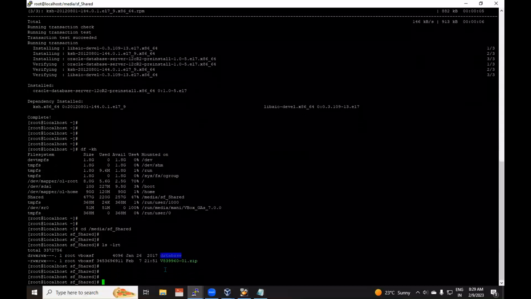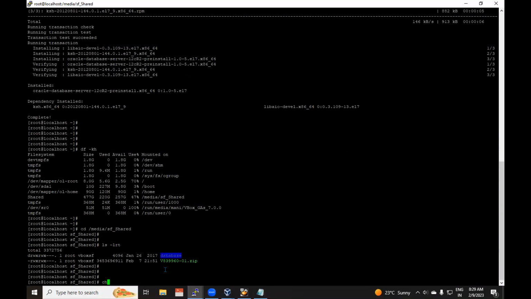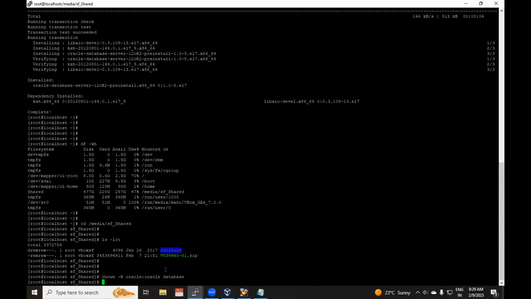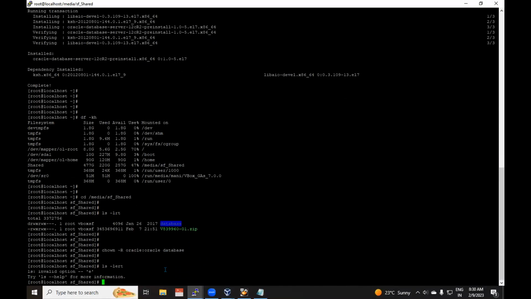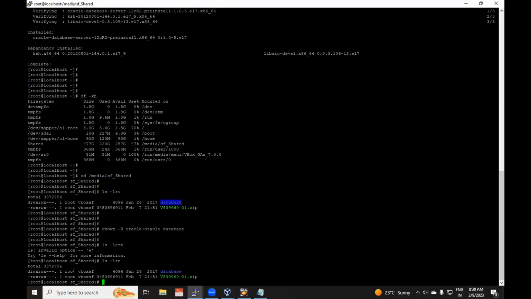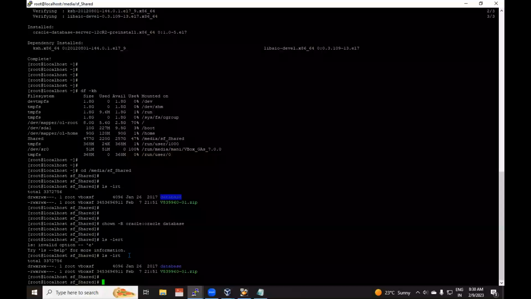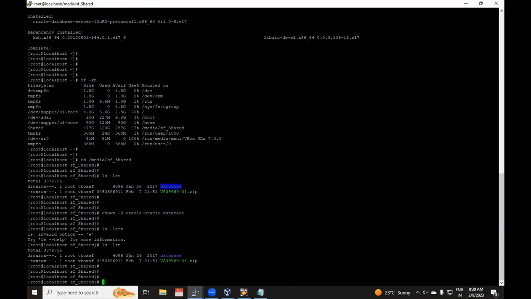Here we have the database folder. chown -R oracle, and the group name is oinstall, database. Okay, we have changed the ownership now.